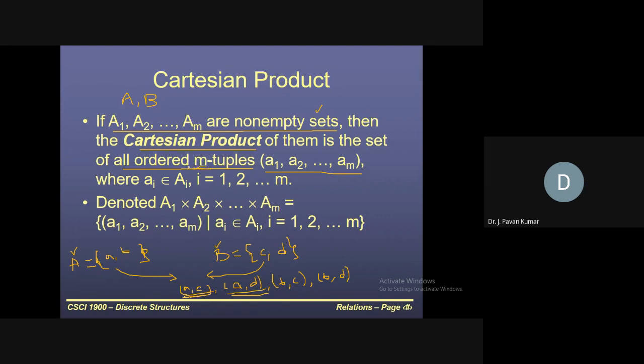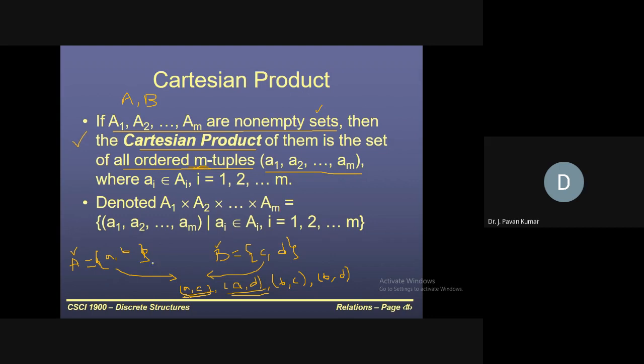Okay, M tuple. Now consider the Cartesian product. It is nothing but taking one element from each set, and taking all the possible combinations like that. Every time we have to take one element from this set, one from this, one from this, from all the sets, in order to obtain tuples. So that is nothing but the Cartesian product.